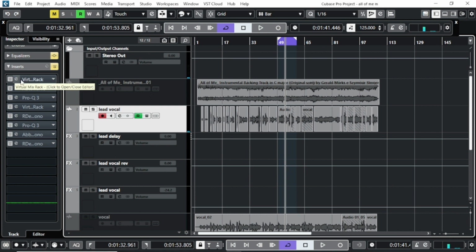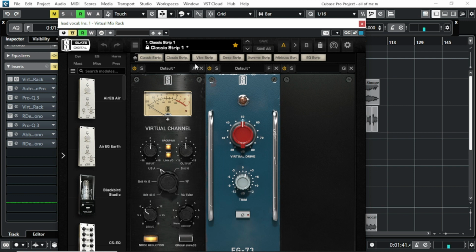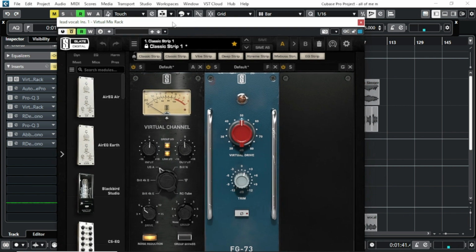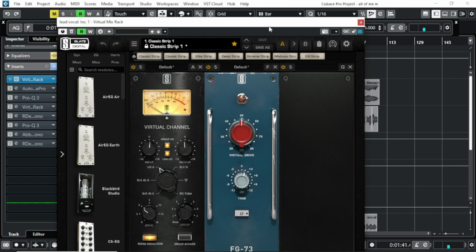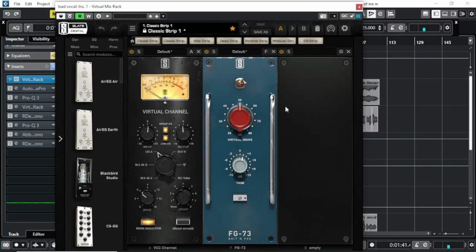So I'm going to start with the first plugin I have here, which is also a Slate Digital plugin. I have the virtual channel here, and I have this set to USA. Like I said before, it's just what sounds good to me that I'm making use of. Most of the time, just focus on what sounds good to you. Let me turn it on. And after this virtual channel, I have the preamp, the FG73. It's a preamp plugin. It's just to add a little bit of